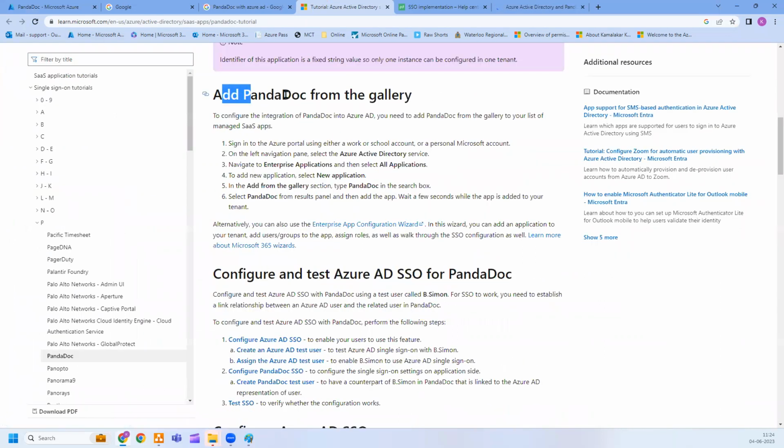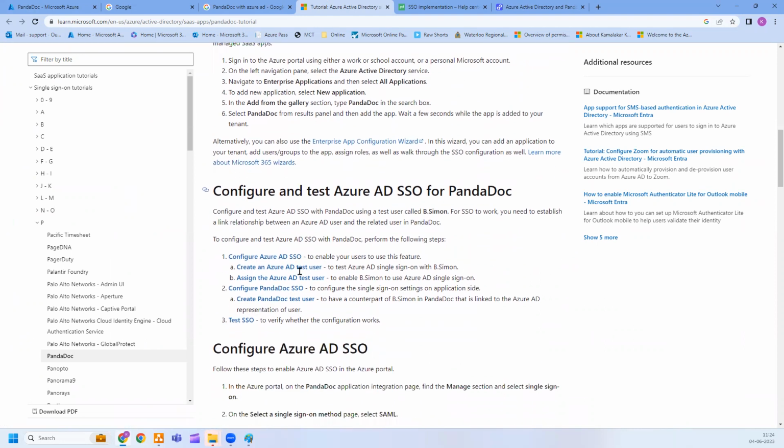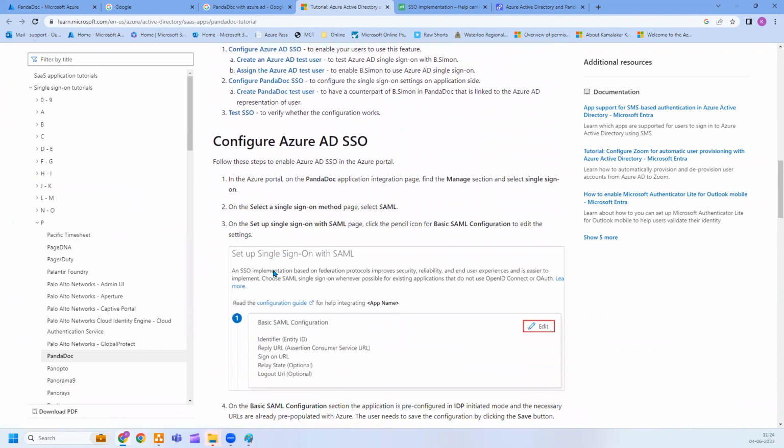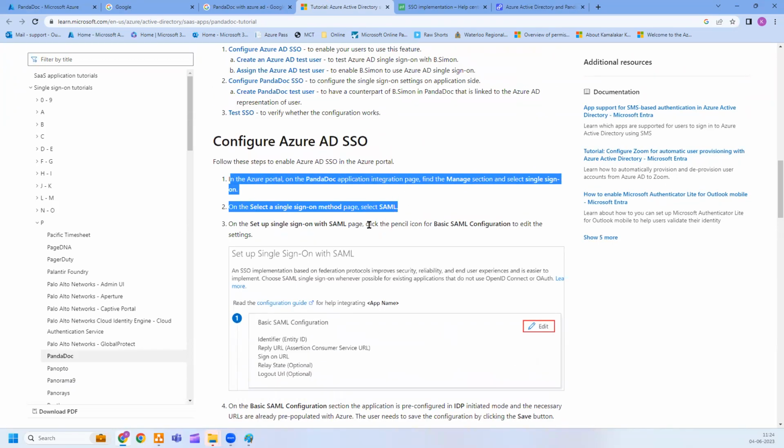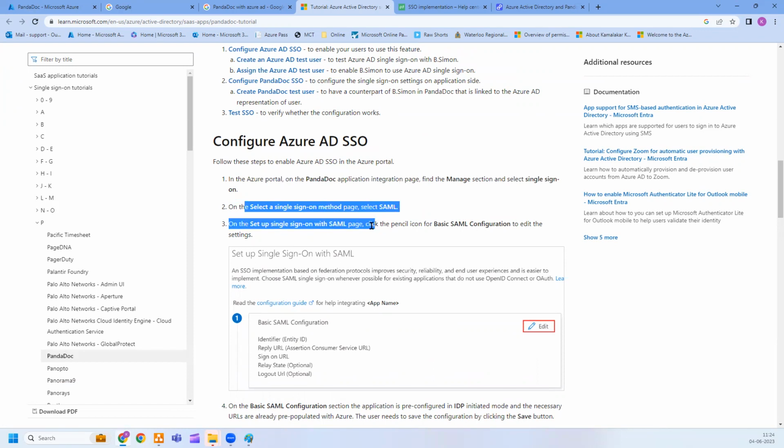You can see here, this is how you add the application. Once you add the application, you can configure the single sign-on. So you have to follow these steps. What you need to do is go to the application and click on the SAML page